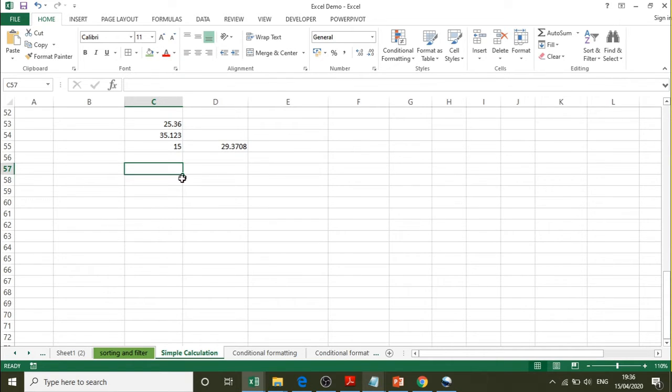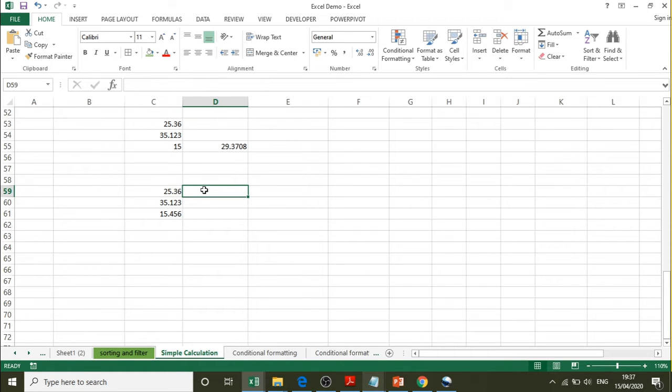Let us see how to make use of the round function. I will type the example once again. Here I want to remove the decimal. For example, in 25.36, I want to retain only one decimal value. That means I want to get 25.4. But when I use increase or decrease decimal, it is just hiding that and not removing the decimal.